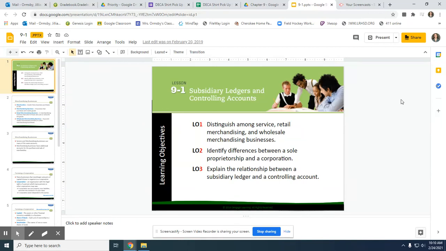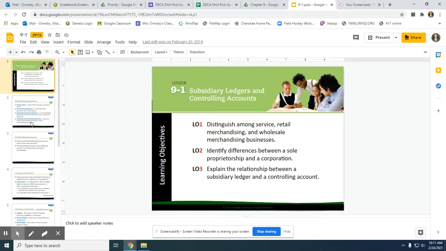Hi, everyone. Today we are going to be starting with Chapter 9, and Chapter 9 is going to introduce special journals. So today's lesson, 9.1, is specifically on what's called subsidiary ledgers and controlling accounts. By the end of this lesson, you will be able to distinguish among service, retail merchandising, and wholesale merchandising businesses, identify the differences between a sole proprietorship and a corporation, and explain the relationship between a subsidiary ledger and